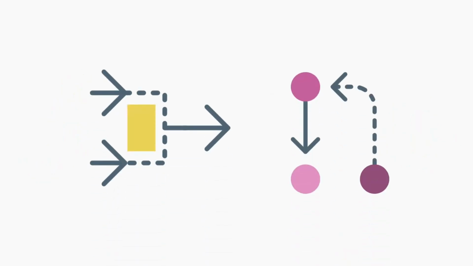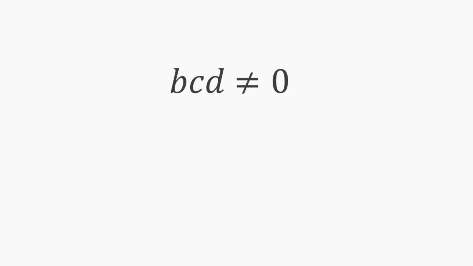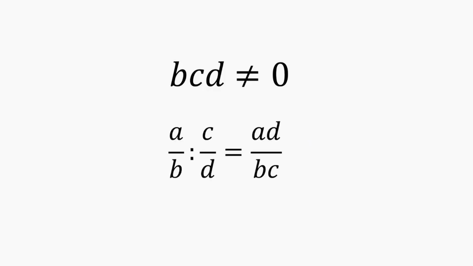The deterministic algorithm always acts on the same scheme and is guaranteed to solve the problem, or in another case it does not give any answer. The randomized algorithm uses a random number generator and does not guarantee an exact answer. Let's take a look at each example. Let's say the deterministic algorithm is a fraction division algorithm. For example, b, c, and d are not equal to 0. Then a over b divided by c over d is equal to a multiplied by d over b multiplied by c. Otherwise, there is no answer.